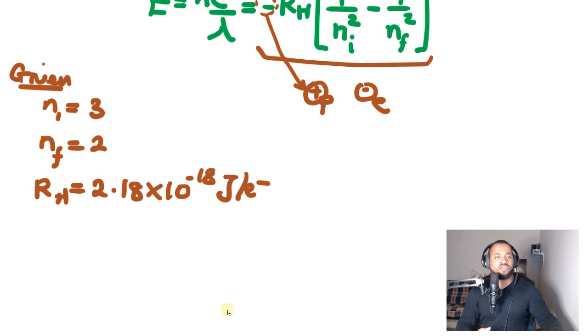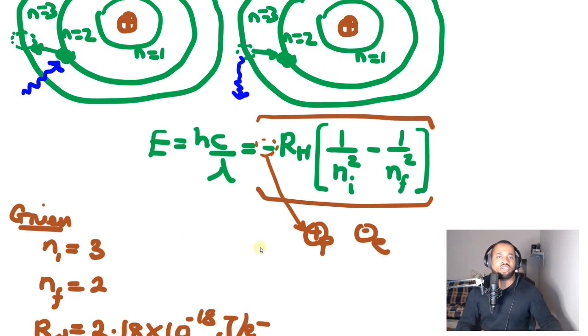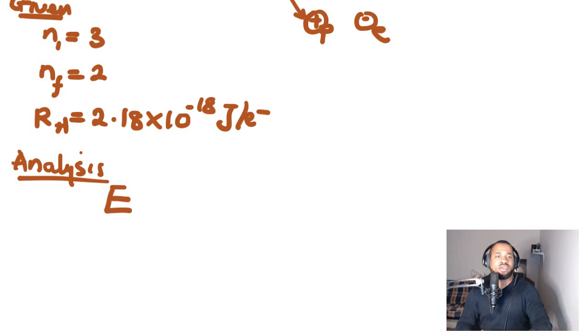So therefore, once you put all these numbers into this equation, we are able to determine what the energy is. And the energy in this case will be, let's label this to be energy B, which is EB. That is what we want to find. And so therefore EB is equal to